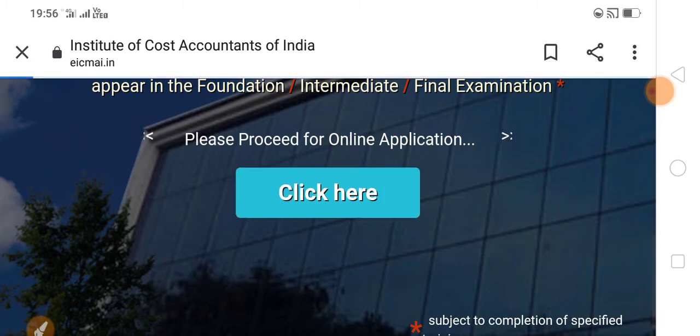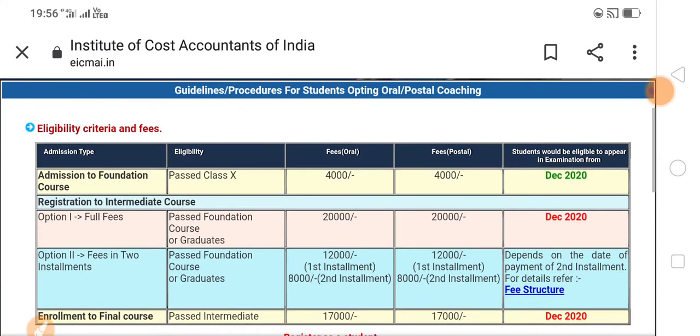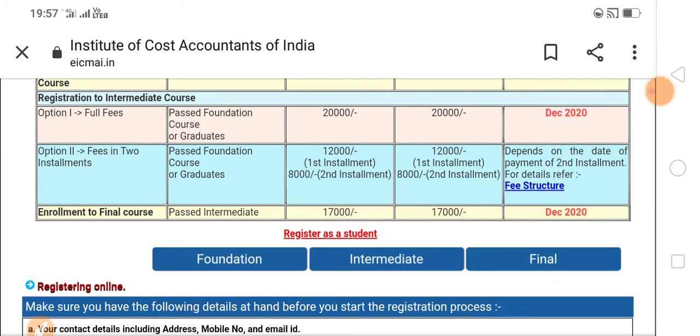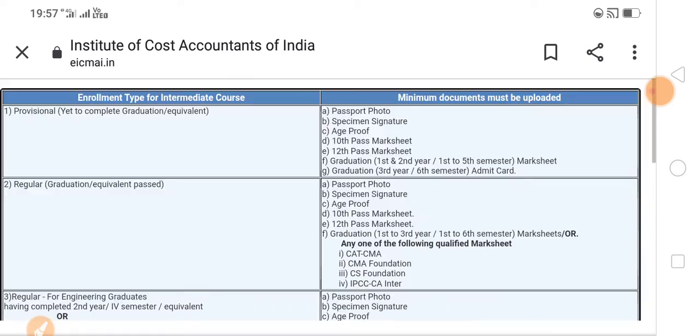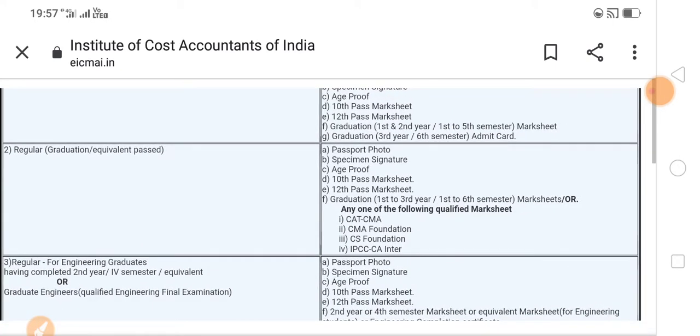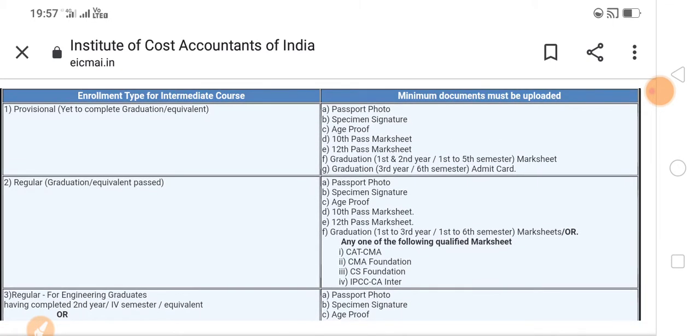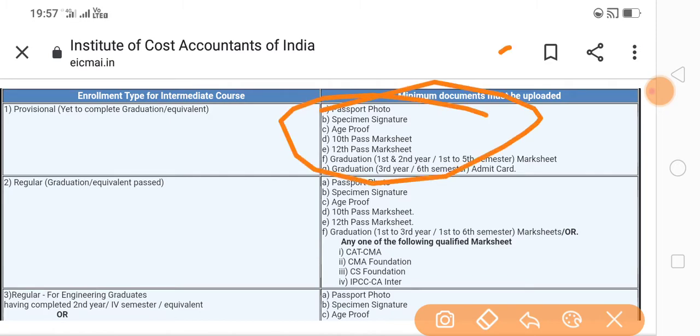The procedure is the same for intermediate. For intermediate, you qualify after foundation or graduation, with the fees of 20,000 flashed here. Select this if you have completed graduation. The procedures are the same, passport photo and so on. If you have not yet completed it, provide the relevant last year semester mark sheet, or the third year or sixth semester admit card.